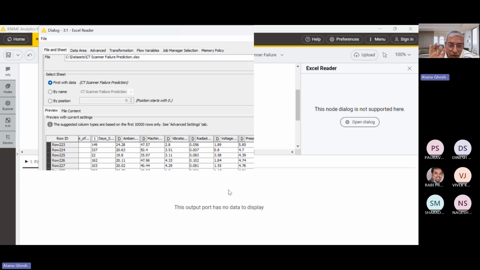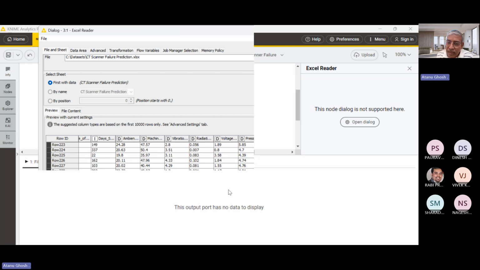But the starting point is, obviously, opportunity identification. That means I need to somehow justify that, yes, I need to predict machine failure. If that business requirement is not there, then obviously there's no question of pursuing it. So there is an economic value in predicting whether the washing machine is going to fail or not. That's the opportunity identification.